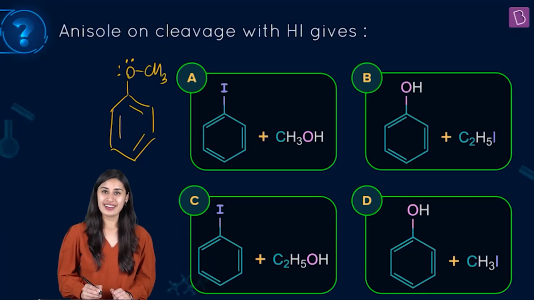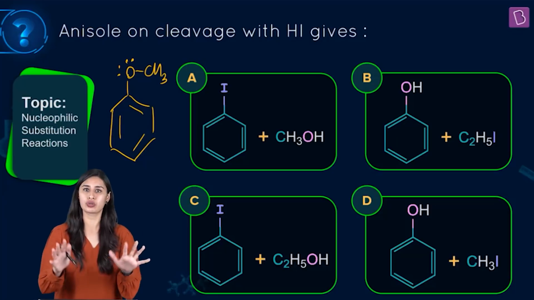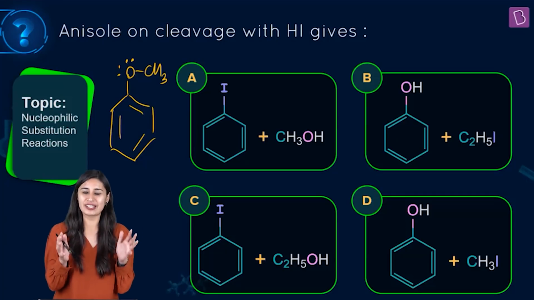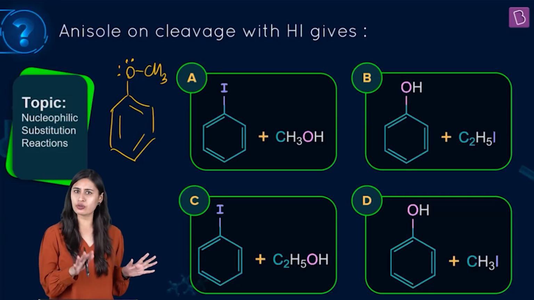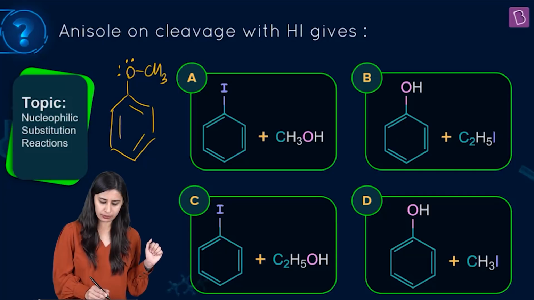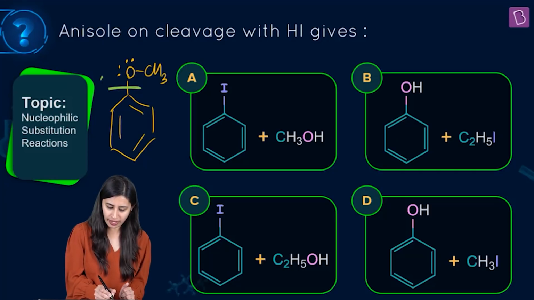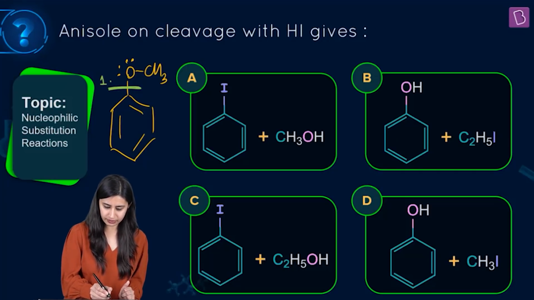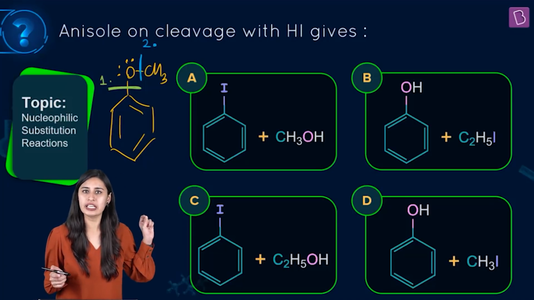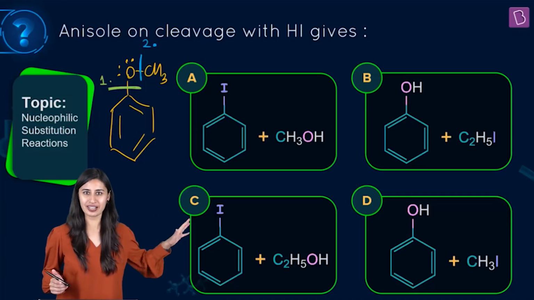Perfect. The question belongs to nucleophilic substitution reaction, but if you do not know the mechanism also, like I told you, you can do it with your common sense. How? Let's check the common sense first. Everybody knows OCH3, oxygen has a lone pair, can participate in resonance. If I talk about the possibility of cleavage, one is this possibility, the green one. And the second possibility is this one, the blue one. Now let's come to the consensus why the cleavage cannot happen from the first green one out here.